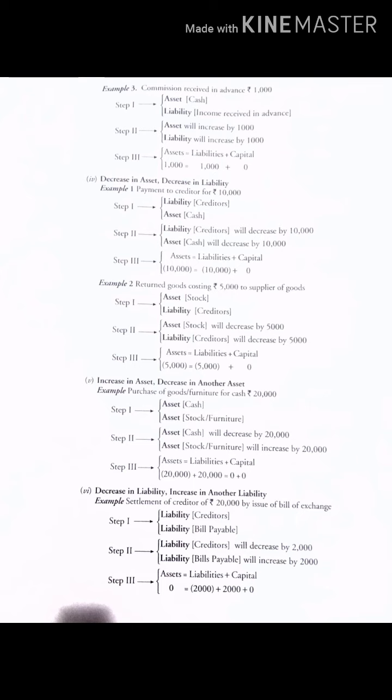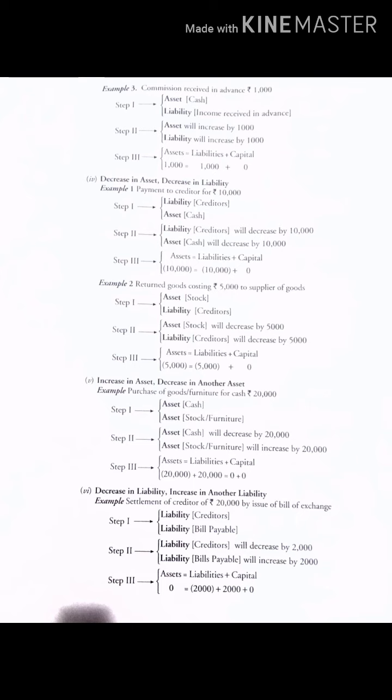I think now you can check your variable equation very well. Assets equals liabilities plus capital. Okay, sum it out, check the answer. Now next condition, that is the second example. Returned goods worth rupees 5,000 to suppliers. That means we are returning goods of rupees 5,000 to the supplier. Now if we return the goods, what is the thing which is affected? Stock. Why? Because goods are something lying in my stores. So stores, that is stock.